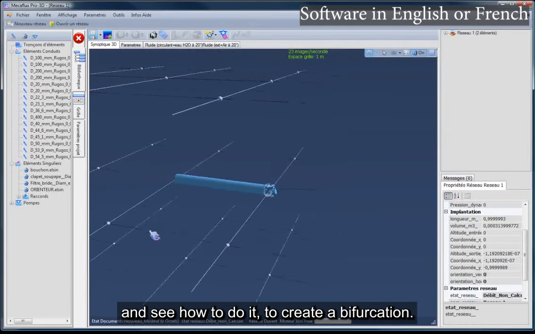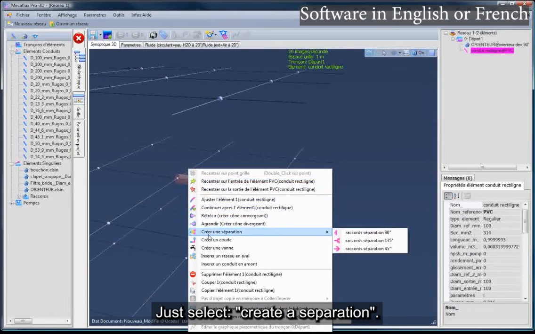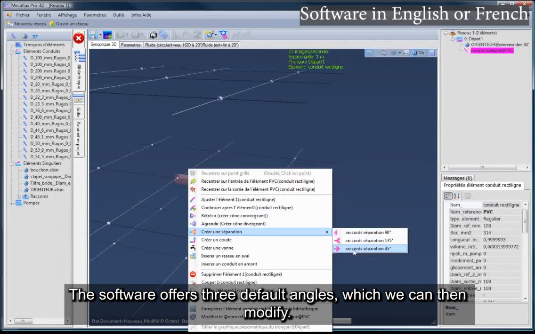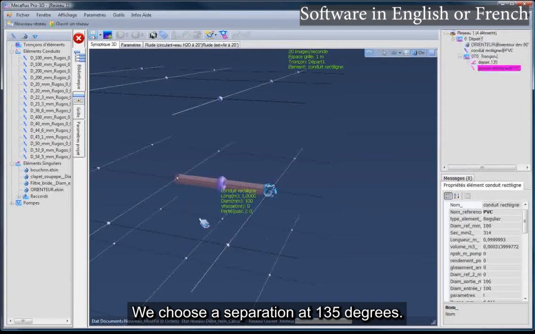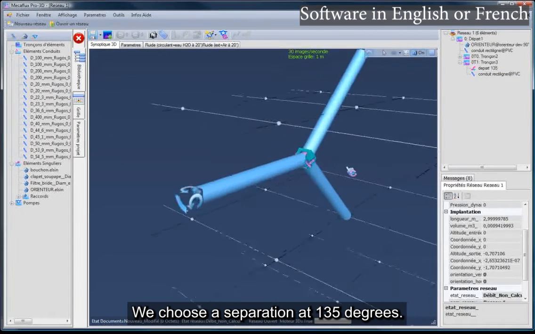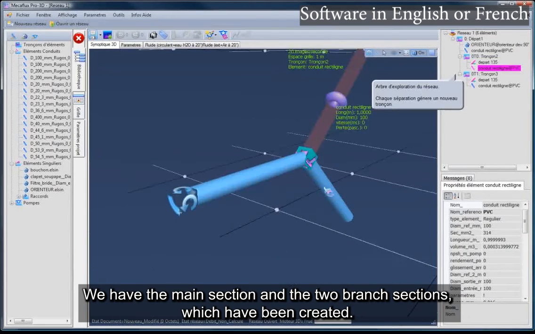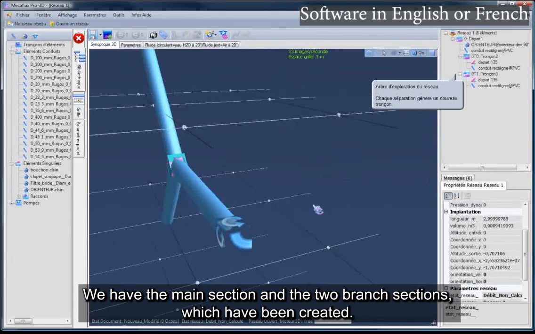To create a bifurcation, just select Create a Separation. The software offers 3 default angles, which we can then modify. We choose a separation at 135 degrees. We have the main section and the 2 branch sections, which have been created.